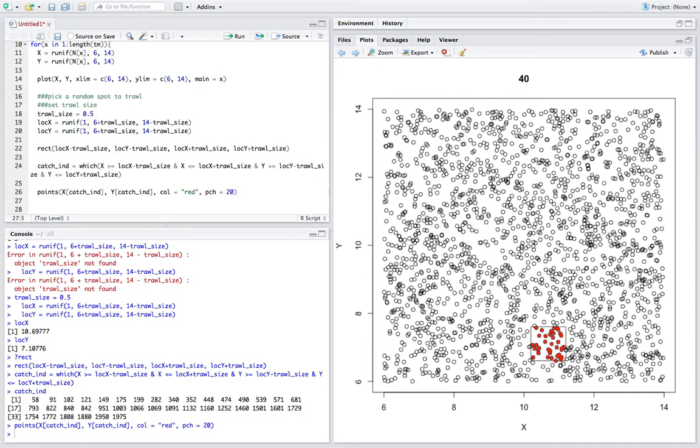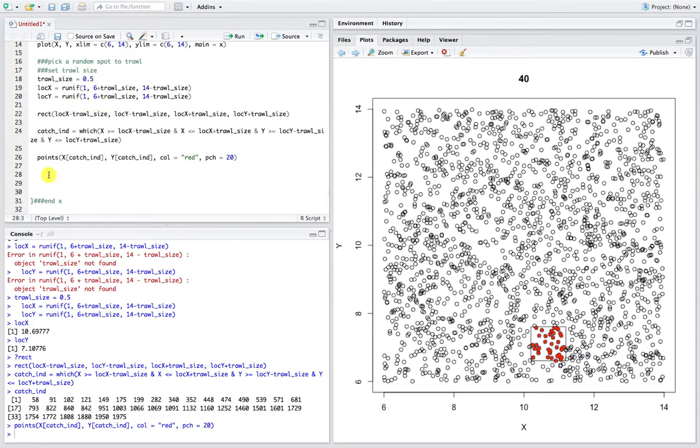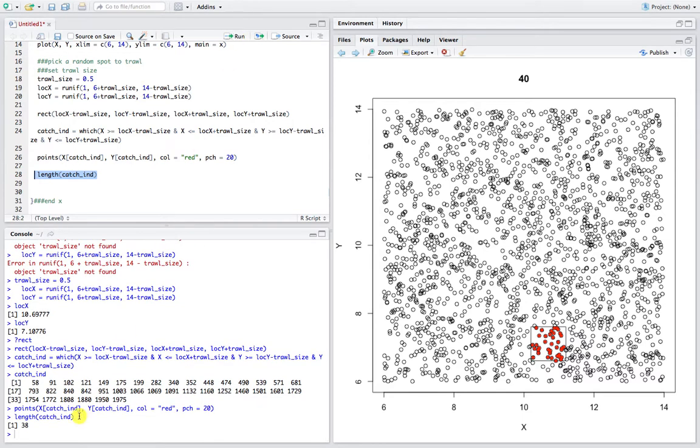How are we going to do that? Well, we're going to append. Remember, we're trying to estimate this. So how do we estimate that? Well, we know the length of our catch end is the number of fish that we caught of this single species. So what's the length? We caught 38, so there's 38 red points in here. Those 38 points were in, what were they in? They were in our trawl size. Well, what's the area of the trawl size? Well, we define trawl size as a central point minus half a unit this way and plus half a unit this way. So our trawl size